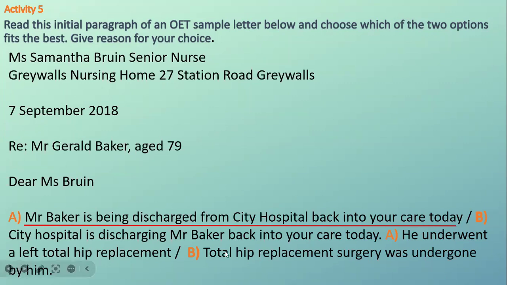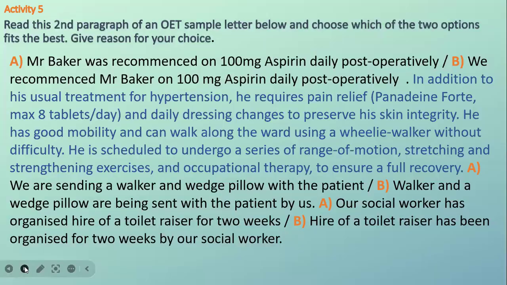He underwent left total hip replacement is focusing on the patient. So that is correct and can be used. So I don't have to unnecessarily use a passive sentence here. But this one is better in passive because I don't want my focus on the hospital. Instead, I want my focus on the patient. Second part of the letter. Whatever is written in blue here is all correct. There is no choice for it. So I have left it as it is and I've just changed the color. The choices in these sentences which are written in black and then A or B. So this is A, this is B. What will you choose?